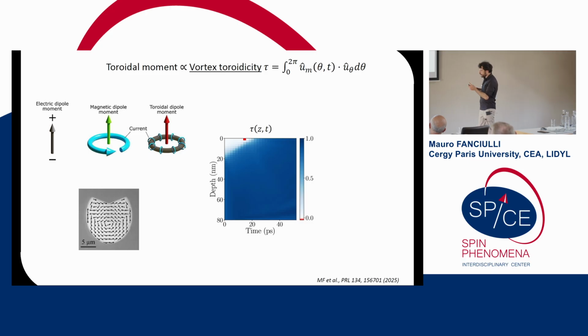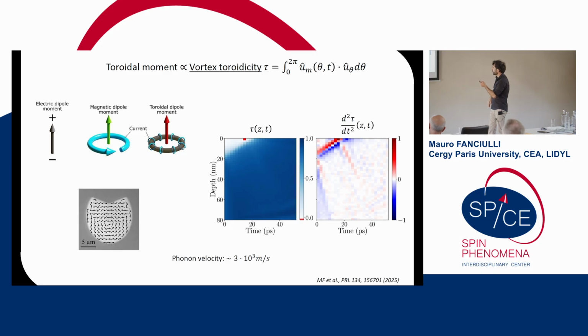We don't see much here, but at least we see that, so this is the remagnetization towards the surface, and the color scale is asymmetric to highlight that there is one pixel in this image where the signal changes sign. And if now I treat this image a bit, take just the second derivative of the image, you realize that this is quite interesting to figure out that indeed, when the second derivative, just to highlight the sharpness of this